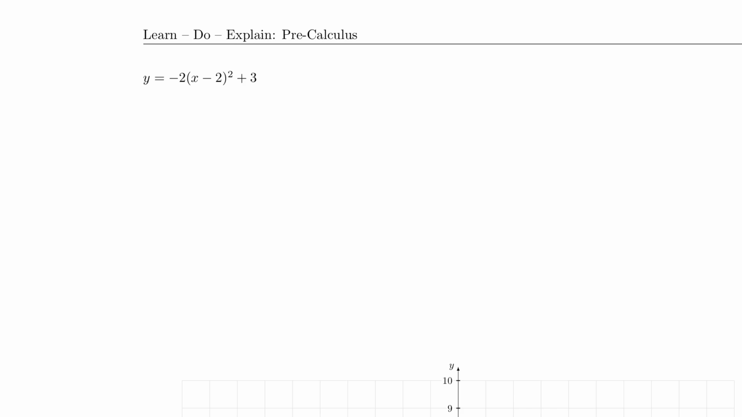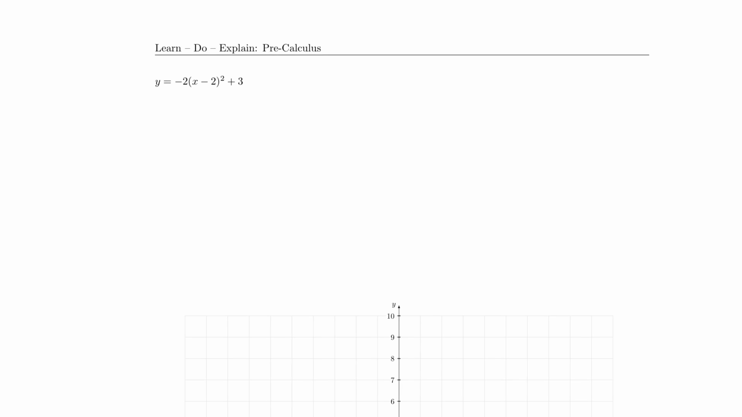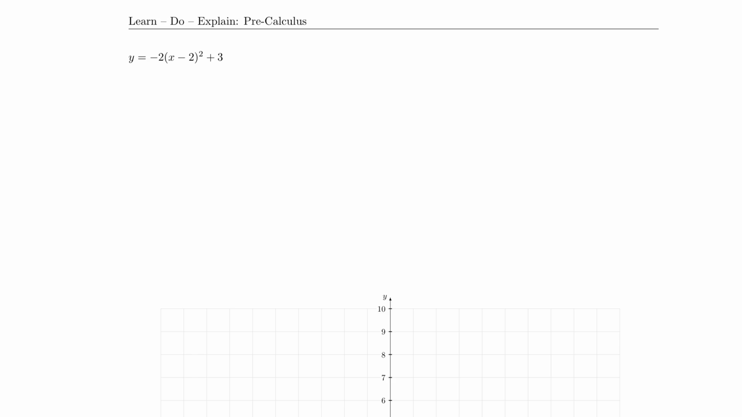Here we have an example that we can graph, and the first thing to do is to identify the parent function. How do we do this? By identifying the power on x. Here we can see that x is to the power of 2 because there is a 2 affecting this entire parenthesis. And when x is the power of 2, it means that we are dealing with a quadratic